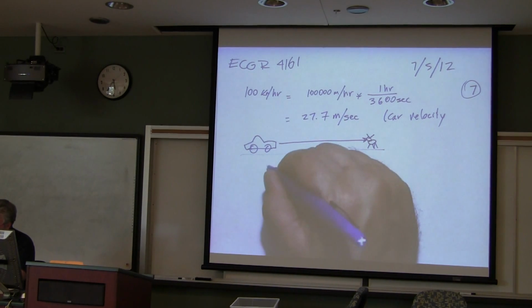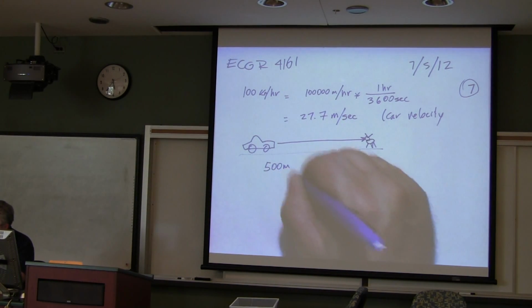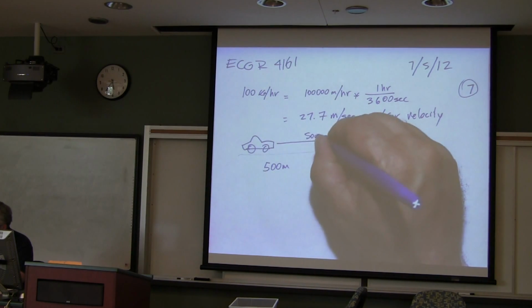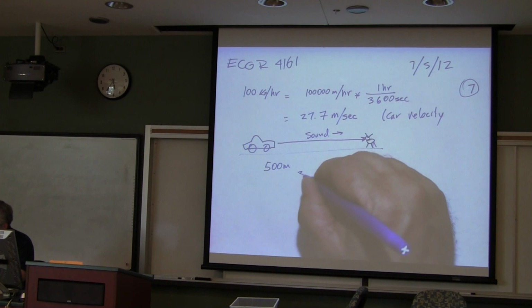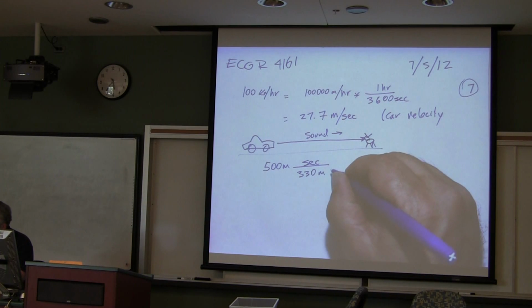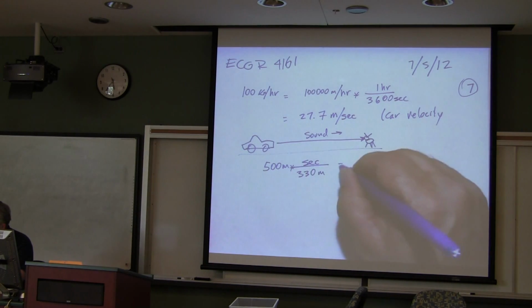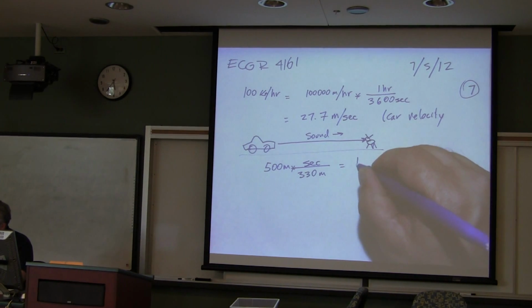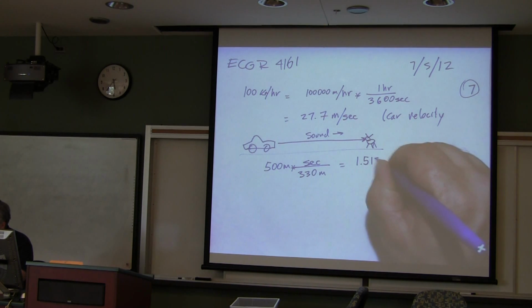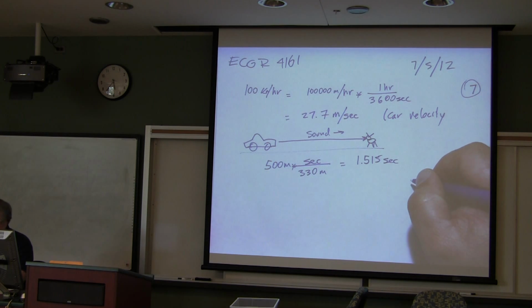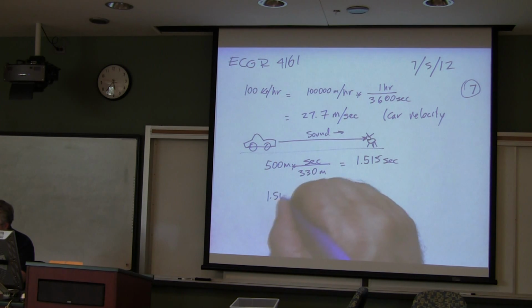So again, we have 500 meters here, and the speed of sound in this direction is going to be 330 meters per second. What you've got to do is the time there, the distance there, and how long does it take to get there? 1.5 seconds. By the way, in that time, 1.515 seconds,